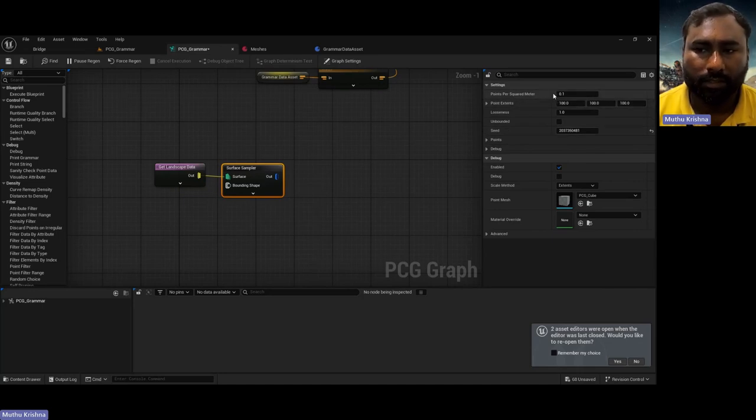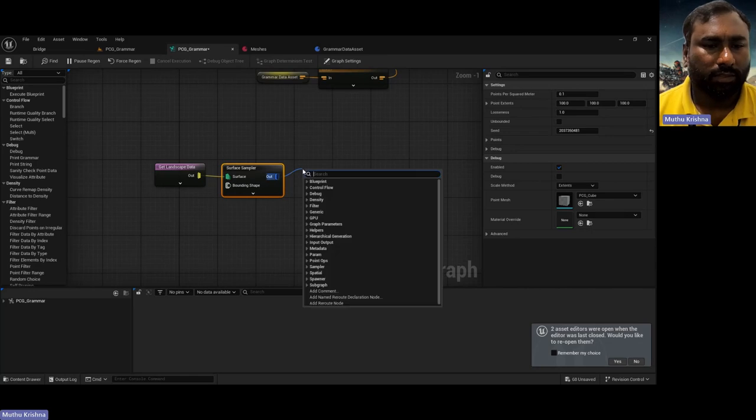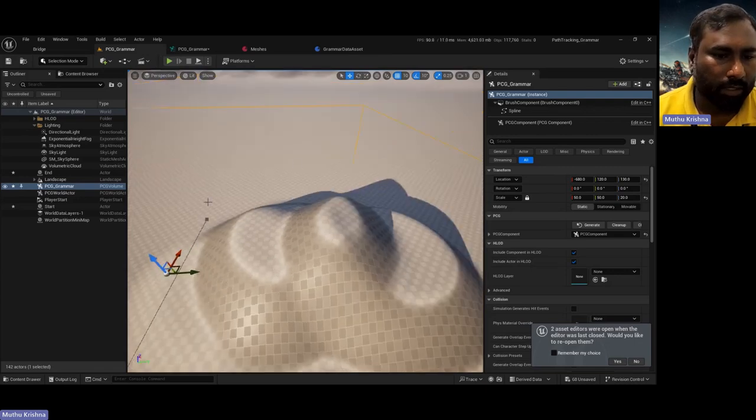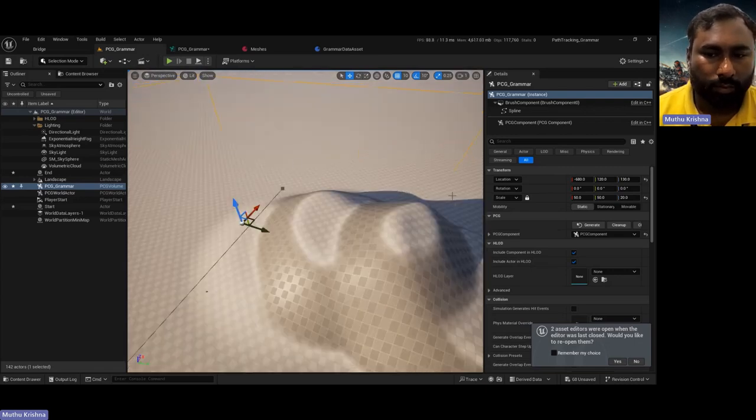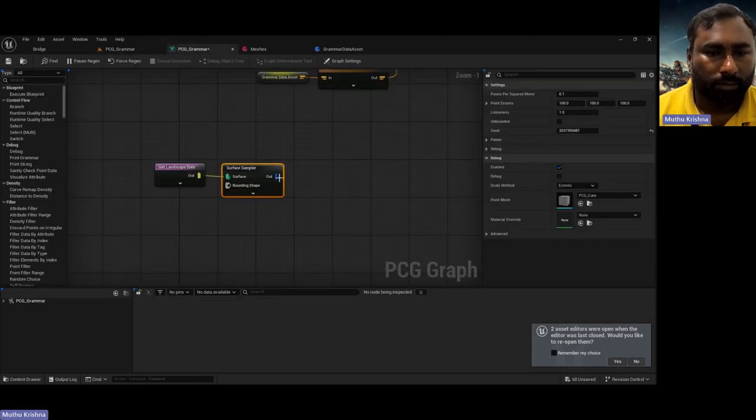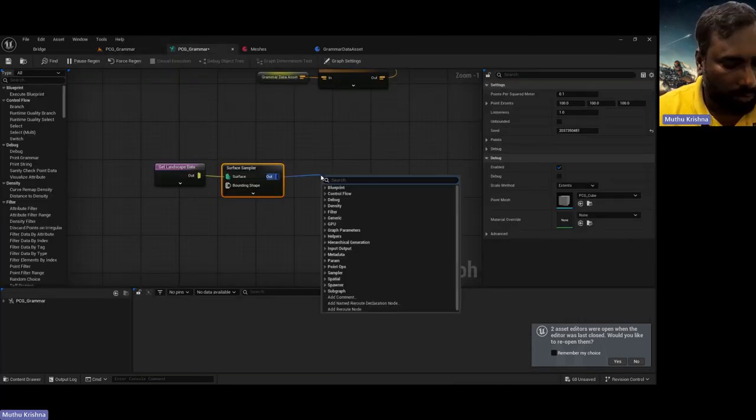Let us keep this as the default values. So we'll come to it again later. Once the surface is sampled, we have a bump here in the middle, right? So we want to create a path around this bump and reach from the start point to the end point. So yes, we need to make